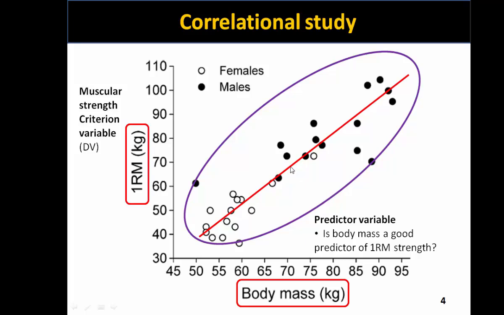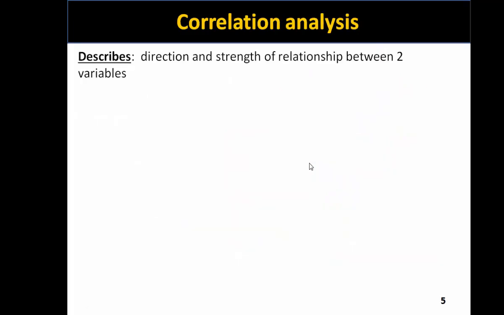And we have the line of best fit that attempts to predict what body mass, what muscular strength will be based upon body mass, but we also see the scatter around the line of best fit. So when we move on to correlational analysis, we're examining two things. We're examining both the direction and how strong the relationship is between two variables. And this provides us with a measure of consistency between the two